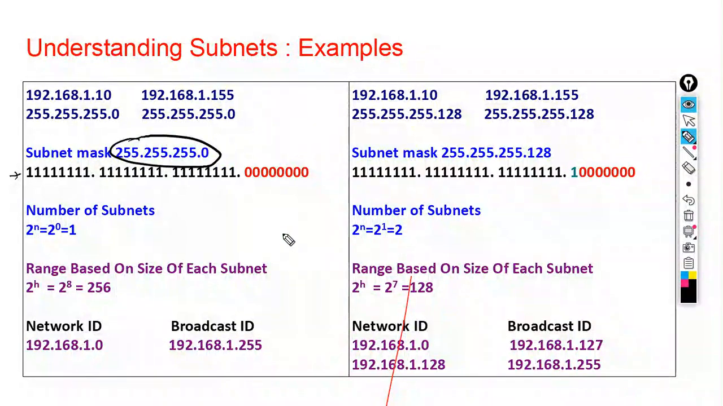Let us say we have done the subnetting. After doing the subnetting, we will get a different subnet mask. The IP addresses are the same, 1.10 and 1.155, but this time the subnet mask is changed. The subnet mask is 255.255.255.128, and we will convert this decimal subnet mask into a binary subnet mask: 255 is 8 ones, 255 is 8 ones, 255 is 8 ones, and 128 will be